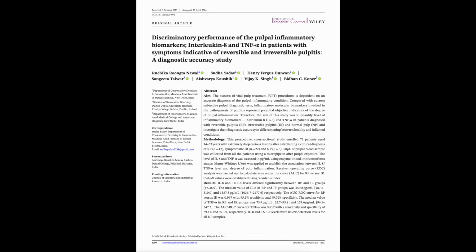Hello, Journal Club listeners. Today I'm bringing the challenge of diagnosing pulpitis, which we currently rely on subjective assessments, such as the patient's symptoms and the sensitivity tests, which may not always correlate to the actual histological state of the pulp. That could lead to less precise clinical decisions, and the development of a chairside application of a rapid molecular test that targets the level of some biomarkers of pulp inflammation has been suggested as a potential tool for diagnosing pulpal conditions. The use of these biomarkers is an active area of research that is yet to fully translate to